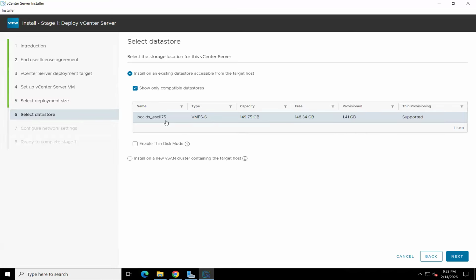When you click next, you will see the available datastores on that specific host. We have this one, and I think if you don't know about thin disk, then select this right now. We will discuss it in detail. And when you click next,